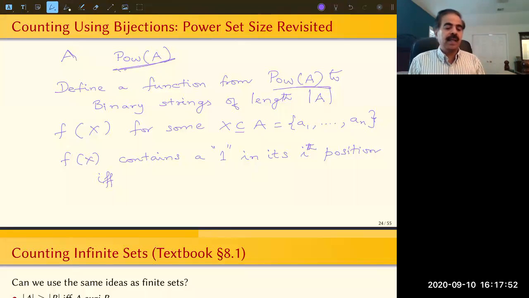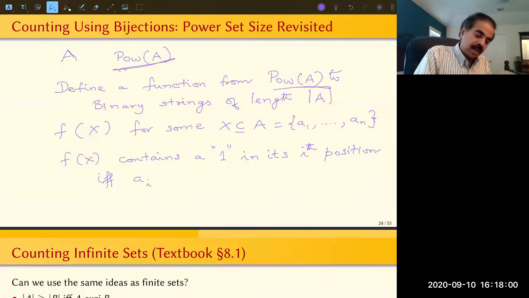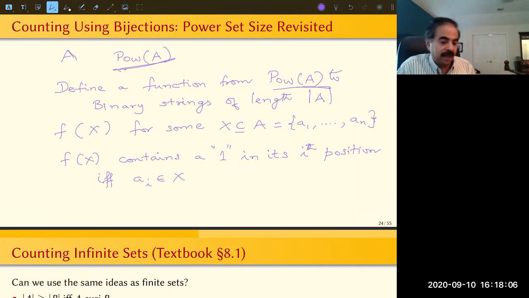So let's say A contains elements A1 through AN. So we are constructing this binary string based on the contents of this set x that you want to map, okay? And the construction is simple. If the